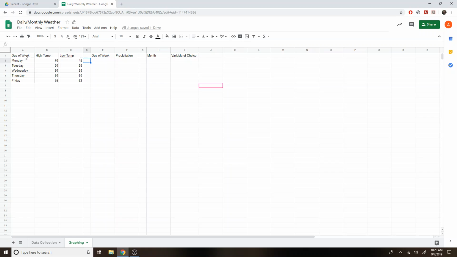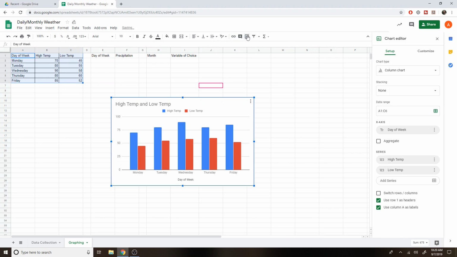Now, the really cool thing is if you have your data table set up so you've got your x-axis first, and then your y's, it should be able to figure it out automatically. So if I click this and then I hold down Shift and I click that, and then I go to Insert Chart, it will automatically know that, okay, this is my x-axis,